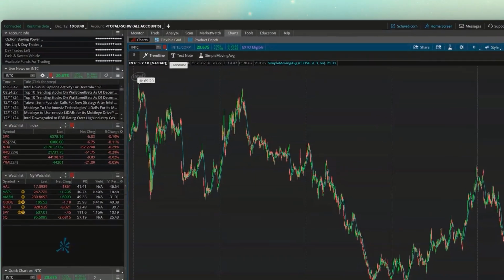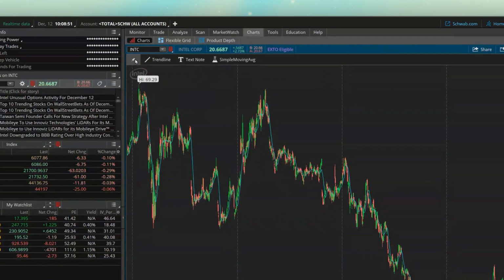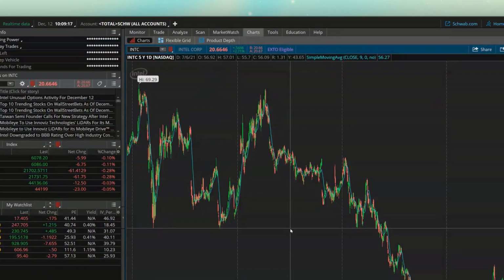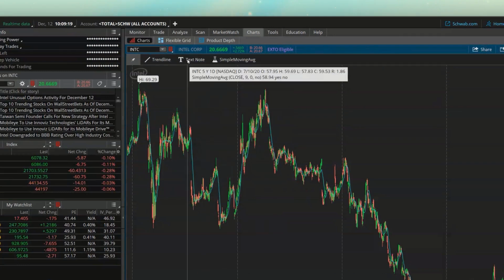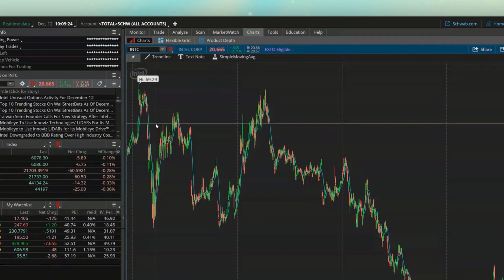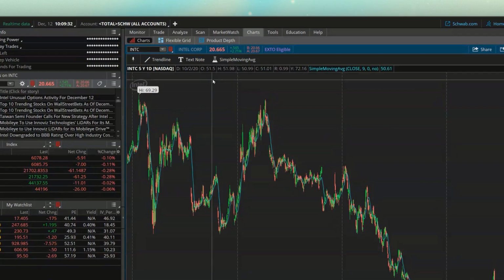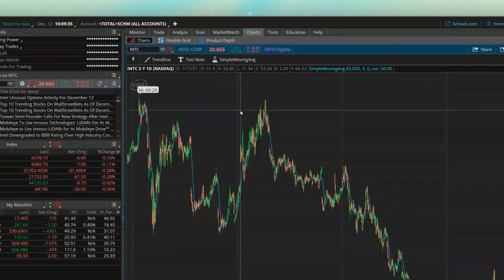but you'll notice over here on the left-hand side, mine is currently pinned. And the first time you add this toolbar to the chart, it won't be pinned. So if I unpin that and I move my mouse away, you're actually going to see that toolbar disappear here in a second. So now that it's gone, if I want to see it again, I've got to go back up to that top section again, hover my mouse over it, and then if I want it to stay there all the time and not disappear when I move my mouse away like it just did, what we'll do is go ahead and pin that to the top. Again, that just means we want it to stay there,